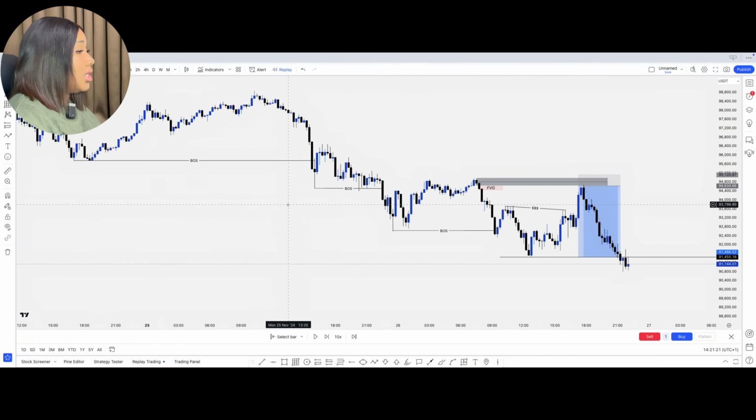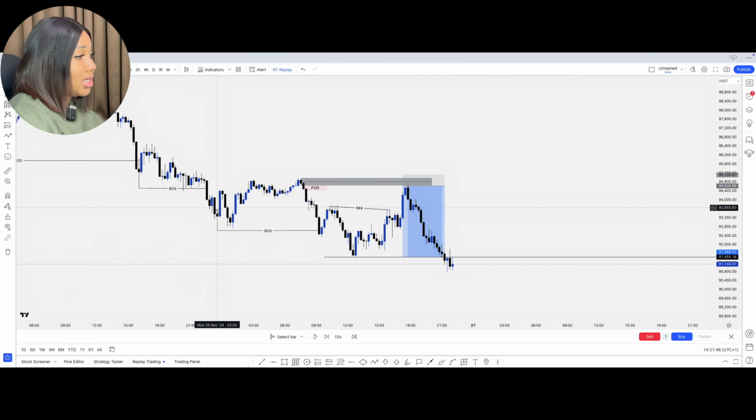Noticing the trend from my entry time frame, after pointing out that BTC was bearish, I came to my entry time frame, which is 15 minutes, to look out for ways to join the trend, that is the bearish trend. So pointing out a break of structure here to the downside, another break of structure here to the downside, then this being the most recent break of structure when I was looking at the markets here. Now,